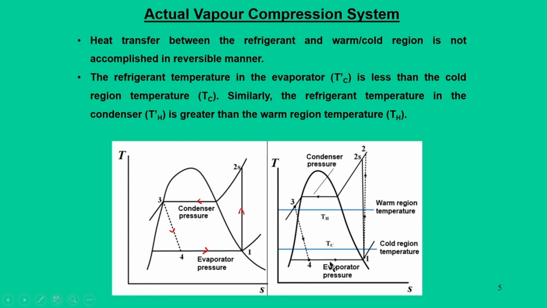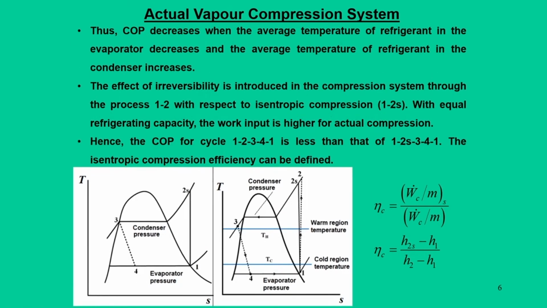Then another important aspect is that when the refrigerant leaves the evaporator, in an ideal system it is exactly at saturated vapor state 1, but in an actual situation point 1 may lie close to superheated regions. So, these are some features in which an actual vapor compression system differs from an ideal system, and based on that